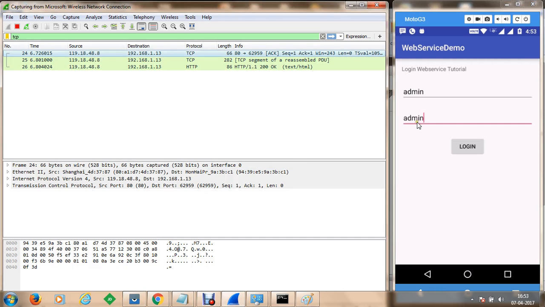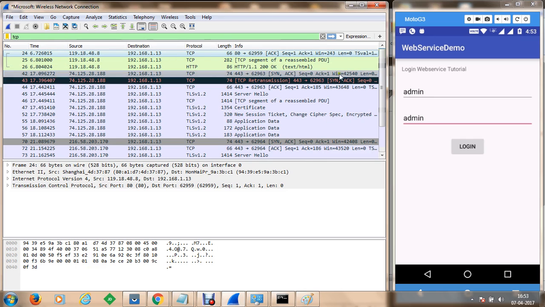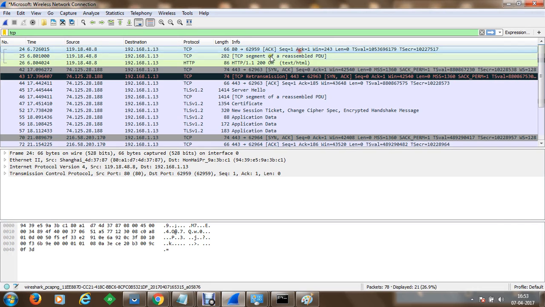Now, since admin has been sent from here, we like to stop the connection and we like to analyze the packets. So once I have stopped the connection here, you can see that a success result has been returned, and these 3 packets were involved for that TCP communication. So here what we can see is that there was a packet which has been sent to Hackweather server. Hackweather server has this IP address